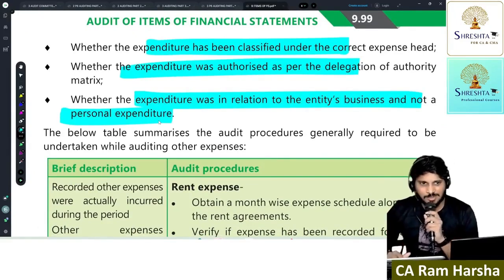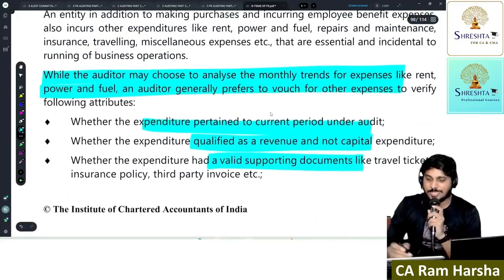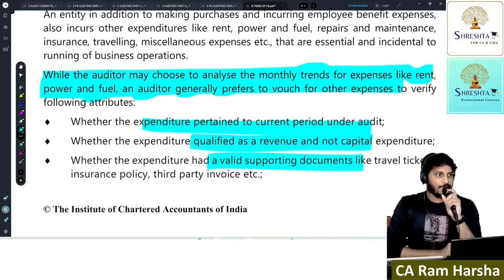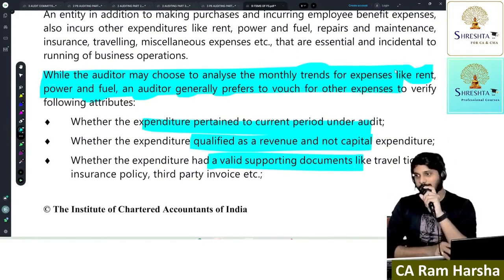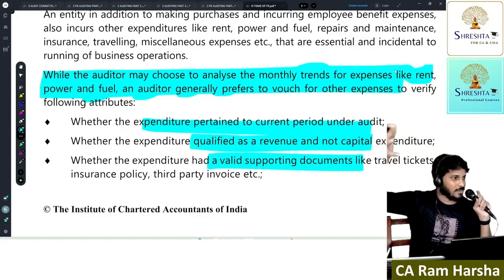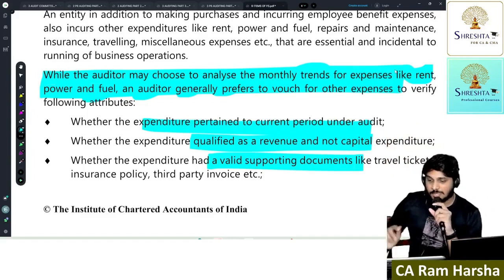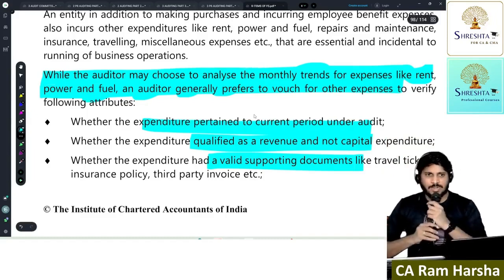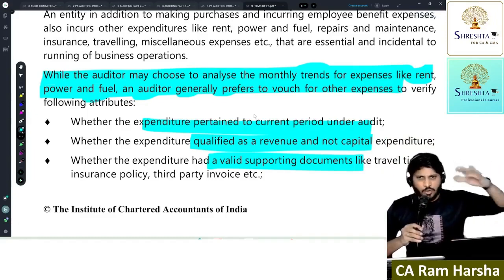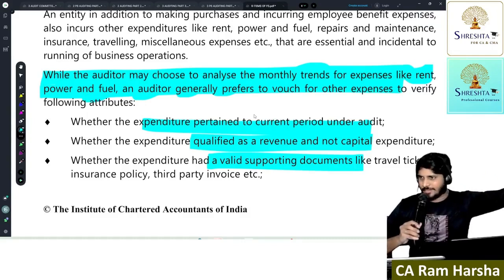What is this question? Generally, this is again linked with the substantive procedure, analytical procedure. Generally, when controls are strong, you can just perform analytical procedure and then leave. For these expenses, generally you can apply analytical procedure. If it is in line with the trend, you will leave it.